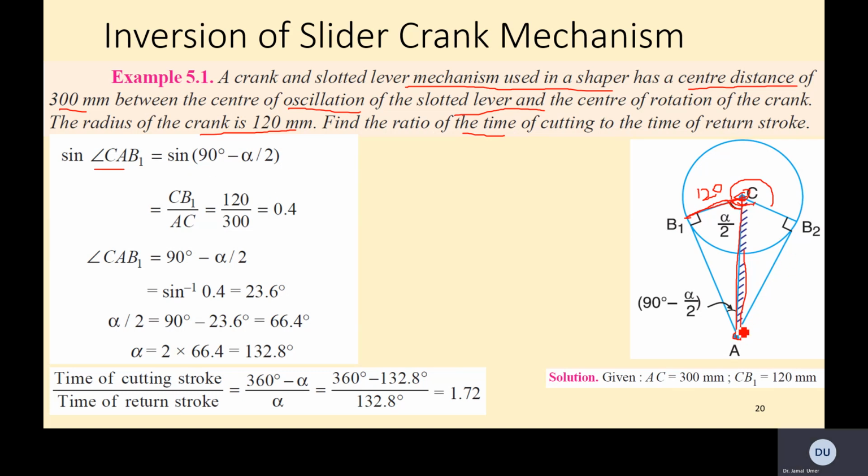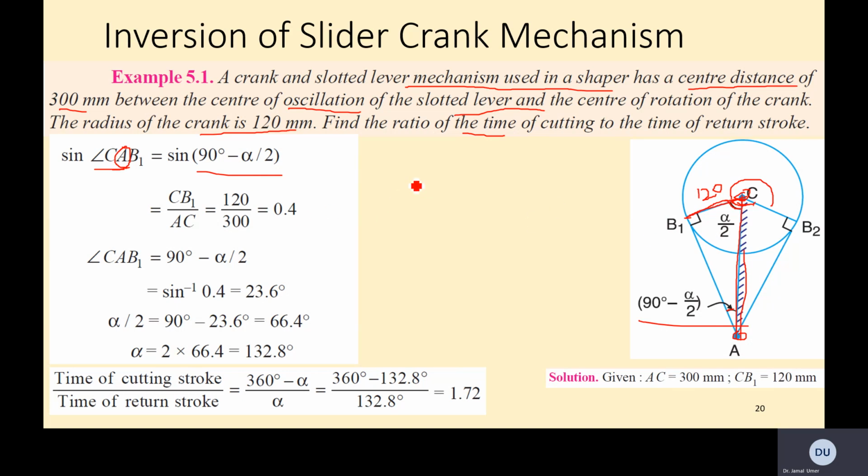sorry, it's not CAB, this is alpha by 2. We are solving with respect to this angle. If this is alpha by 2, and this is 90, then this is 90 minus alpha by 2. When you write the angle, the center one represents the angle. So CAB1 is this one. So sine of 90 degree minus alpha by 2, which is basically,